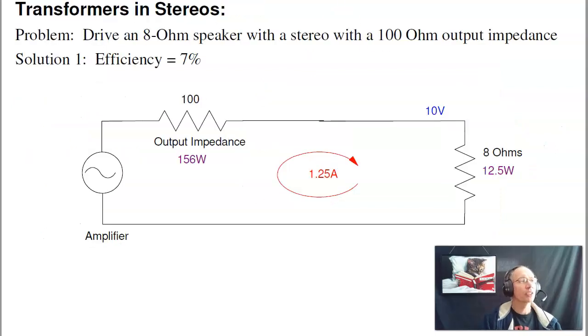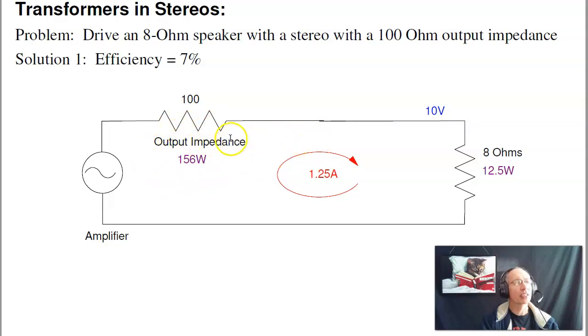Where that's used is in some of the old stereos. If you ever find a stereo at your parents' or grandparents' house that just weighs a ton, probably what's happening is they have an inductor in that, or a transformer in that stereo. And the problem they're trying to solve is this. If I build an amplifier with transistors or vacuum tubes, you tend to have a high output impedance, say 100 ohms. If I take this stereo with 100 ohm output impedance, again this is the Thevenin equivalent of the stereo, looking at the output,